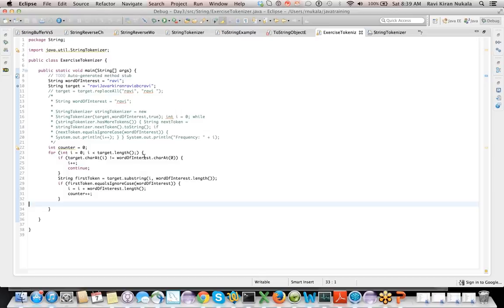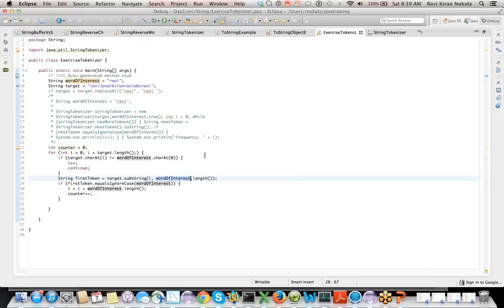So here, what we are trying to do is checking. I'm iterating through the entire length of the string. I'm checking if the first character of this word is the same as the first character of this word. If it is not the same, I'm just going to increment i and continue. I don't want to execute anything further. If it is the same, then it will come here. So what I'm going to do is substring from 1, if i is 1 now, till word of interest dot length.